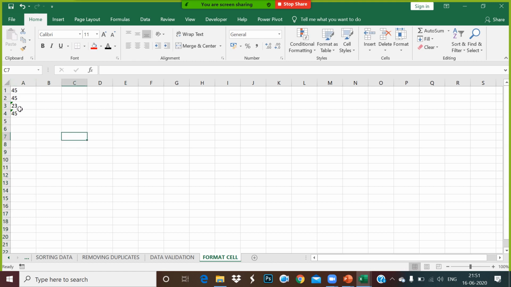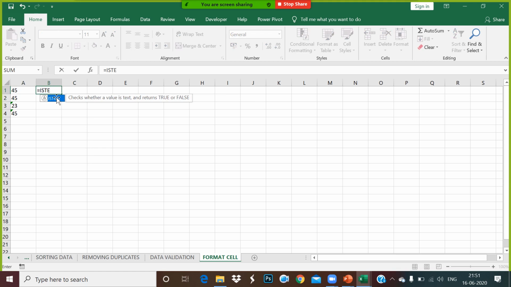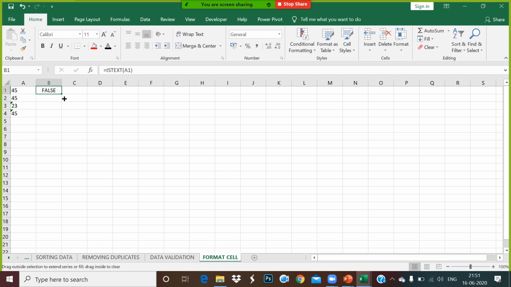Though it is a character, it is showing an exclamation mark beside it. If you go to this one, it's not going to show that, which means this is numeric. Another way to check this: if you write ISTEXT, if this cell value is text, it will say true, else it will say false. If it is false, it means it is no more text. It is a number now. Understood? Yeah.